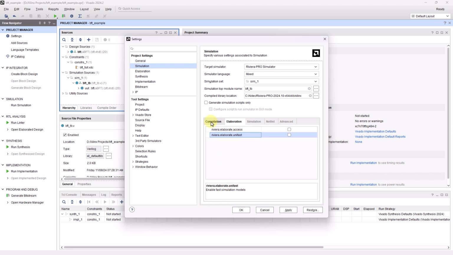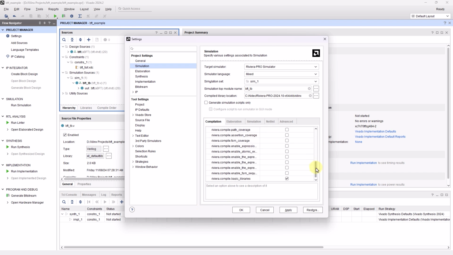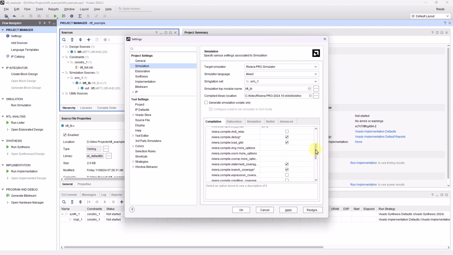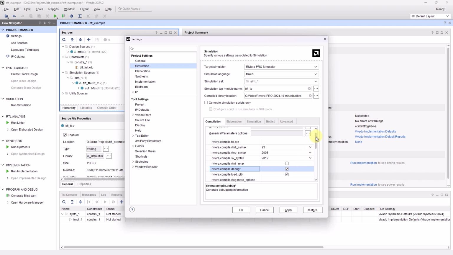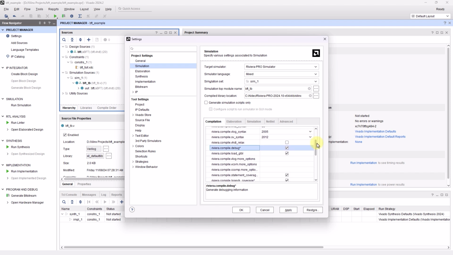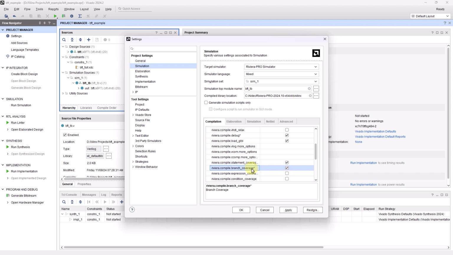In the Compilation tab, you can select options for compilation that you can normally access within Riviera-PRO. For this video, to demonstrate simulation and debugging, under the compilation settings, I'm going to check Debug. This will allow me to step through the project code and utilize breakpoints and the data flow window during simulation. I'll also be checking the statement and branch coverage options to demonstrate that it is possible to gather coverage data